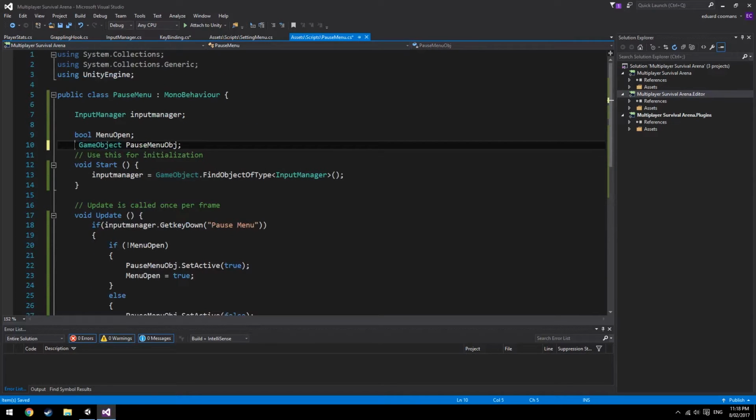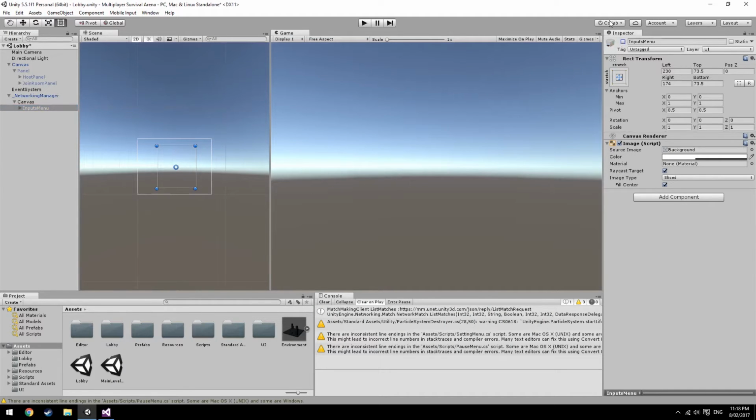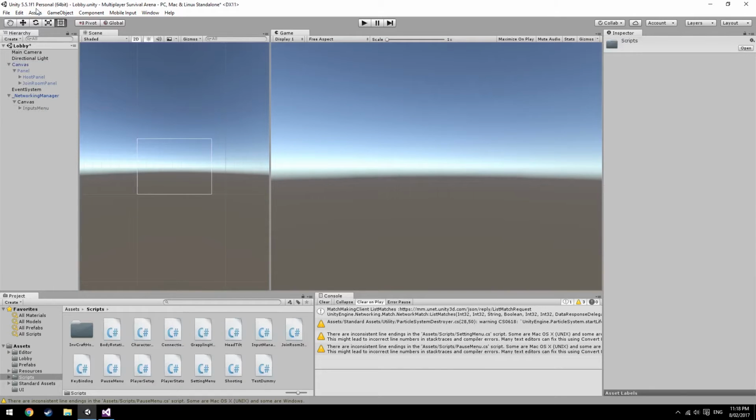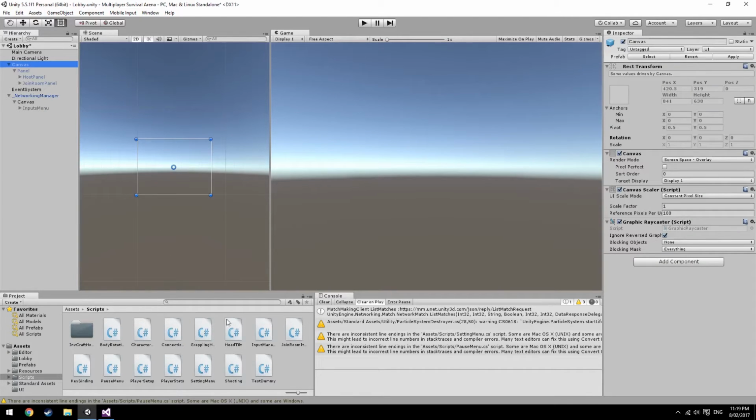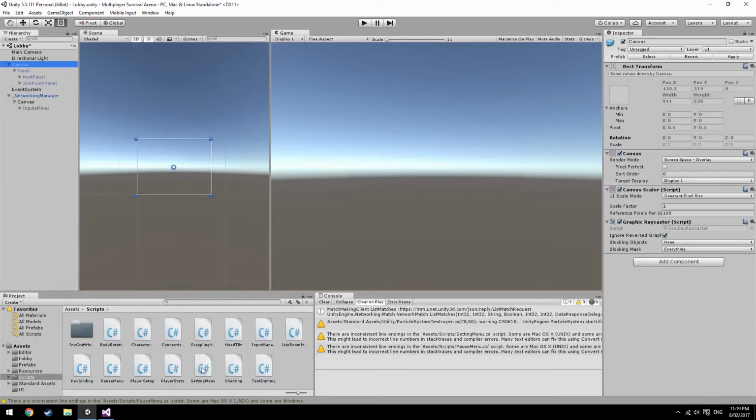Let's make this a serializable field, and let's go ahead and make this function. So first things first, let's turn it off inactive, and let's go ahead and drag. So this is going to have the settings menu on this, or let's put it on, yeah, let's just put it on here. So put the settings menu here, input menu, drag it in there,